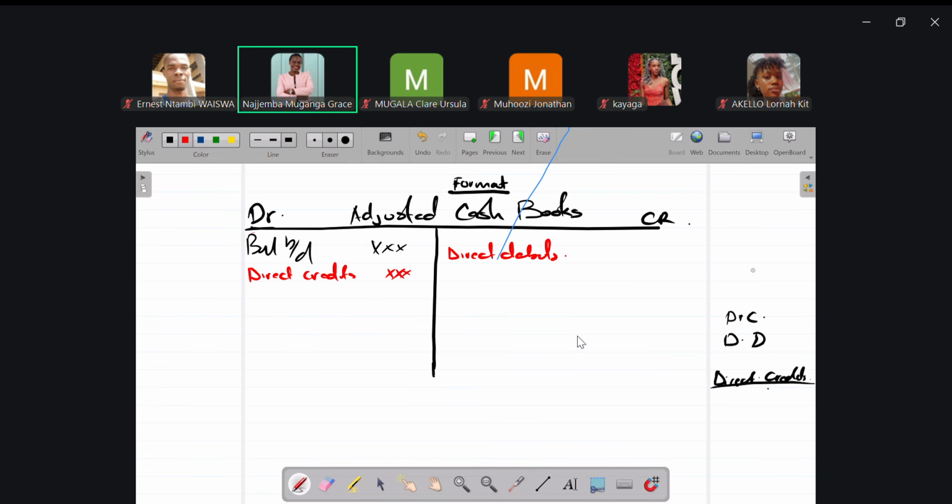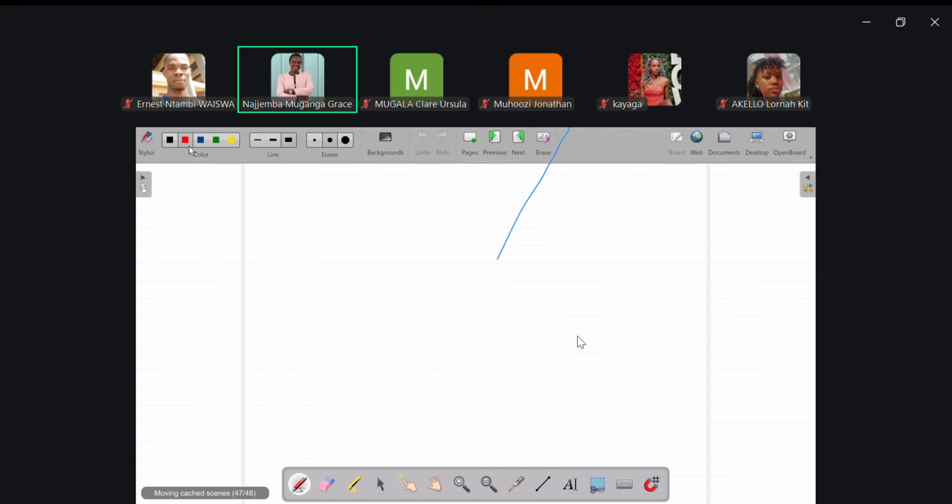Direct debits mean the bank was paying. That transaction is nowhere. Come and put it here in the cash book. Okay. So that is how you have prepared the adjusted cash book. In case of any errors, they will also be corrected. I'll talk about that. So after you have prepared that, then you prepare the reconciliation